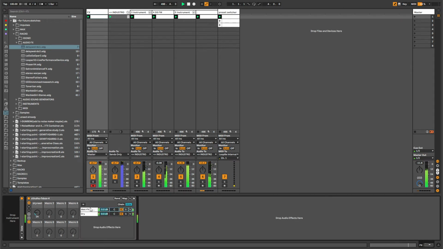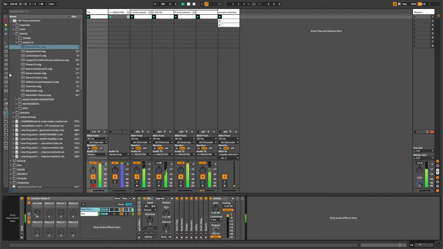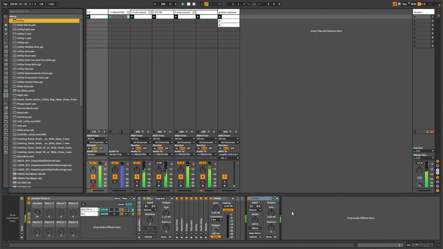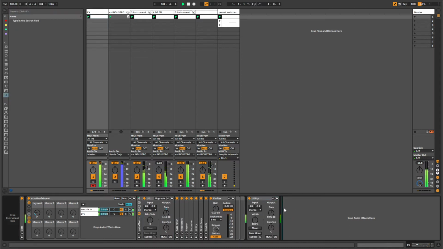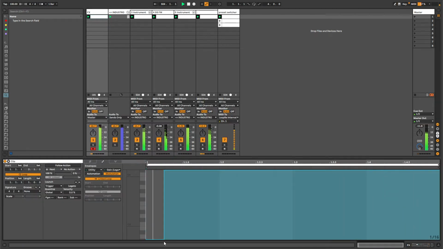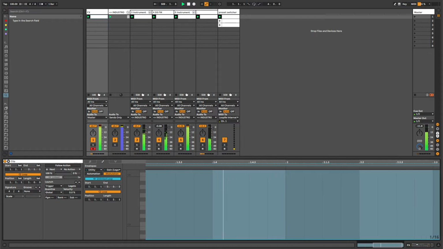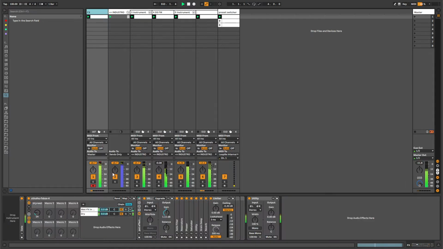So I think I want to set this effect up to do something a little different, in that I want to just summon my utility. Oh, and I see we've already got one here. I think I want to automate this, or let's go ahead and modulate it so that it only comes on every now and then. We'll unlink that, we'll make it a little bit longer. So this way we only get audio coming through our effects